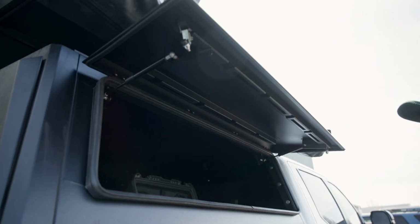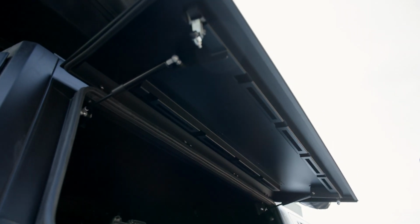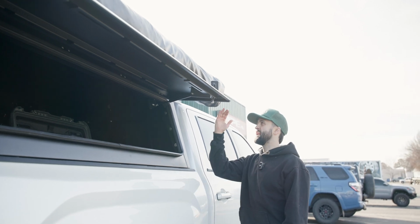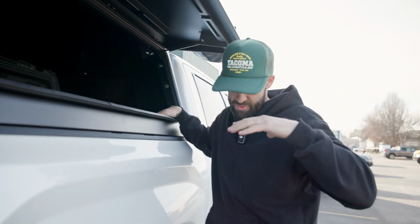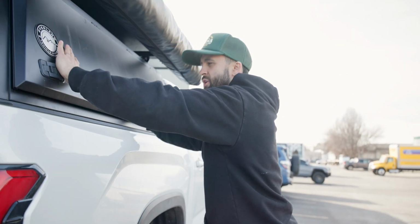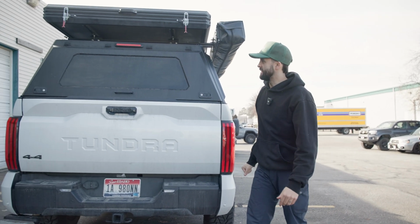Cool. And I'm gonna open this up so you guys can see. So it could open up maybe 1 inch more, but it's maxed out even with that awning on there, which is really nice. A lot of the times the awning sits so low where it basically makes this door unusable, but that awning sits up high enough with the cross members where we have it to where you can access the inside. This does have a 2-inch lift and 35s. I'm basically 6 foot and I still fit. So great option if you're looking to have a good amount of storage with a deck system, keep it all covered and protected with an OVS cap, and